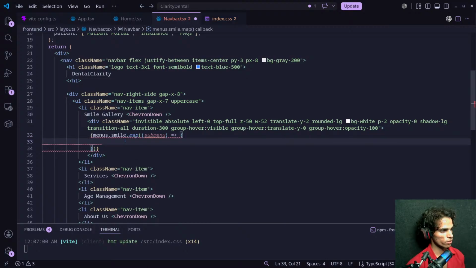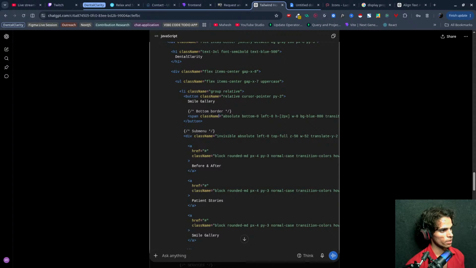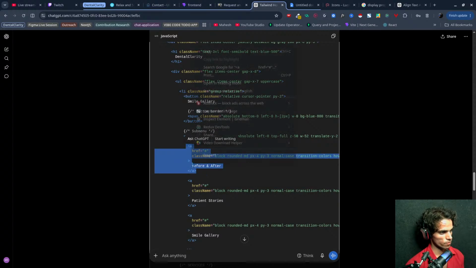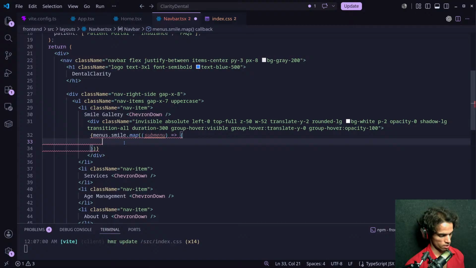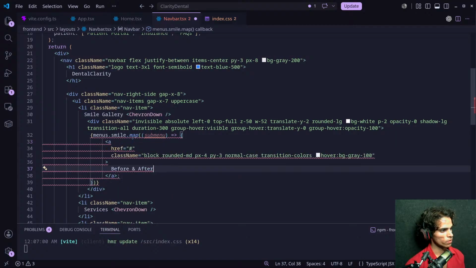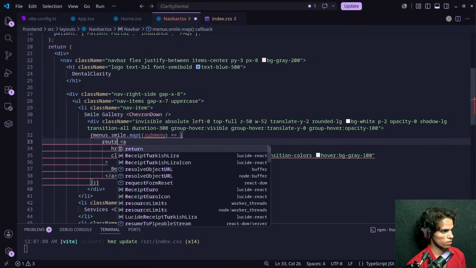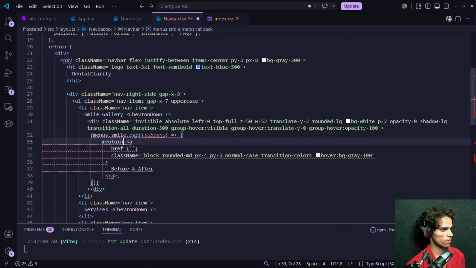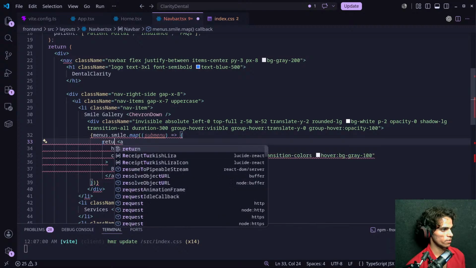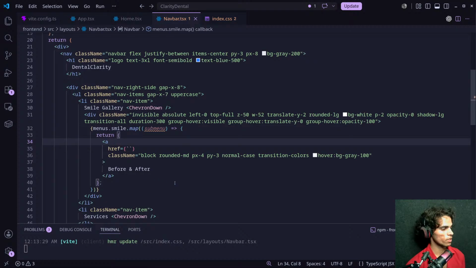And now what we are going to do, we will return an a tag. Let's copy this and paste this here. Inside, the href will be... is there any problem? What is the problem, by the way? We have to return this. Yeah, this is what we have to do.